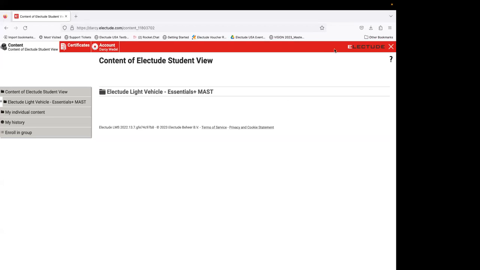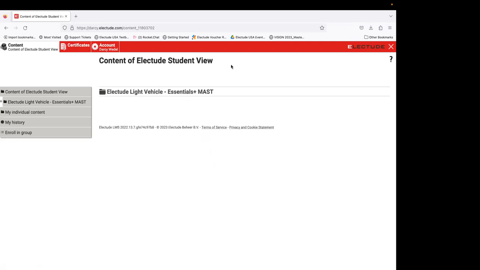So what we're going to be looking at here today, we're going to start from the student view. I just think it's kind of cleaner and a little easier to show you some of the neat new tools in Classroom from the student view. I do have it set to explore mode like the teacher, so we'll be able to skip our way through this. Traditionally, when a student goes through Electude, they have to go through lessons sequentially before they can move on to the next question. So what I've done here is I assigned myself the entire